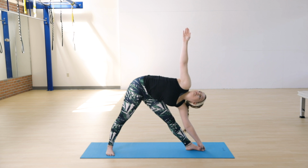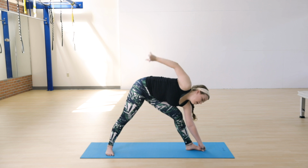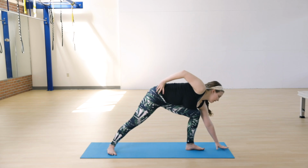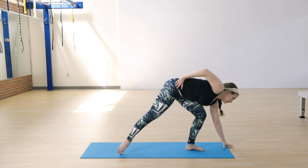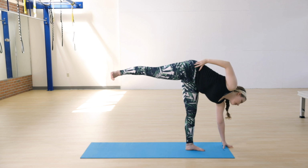Two more breaths. And then if you'd like to take half moon on this side, bring your right palm on top of your right hip and bring your left hand in front of your left foot a little bit more. And on your inhale, lift your right foot off the mat, flexing it,